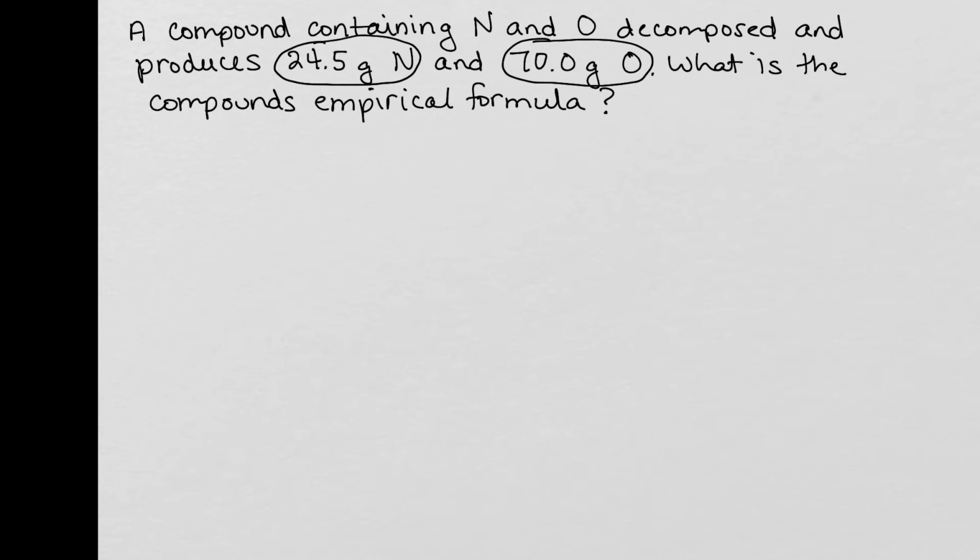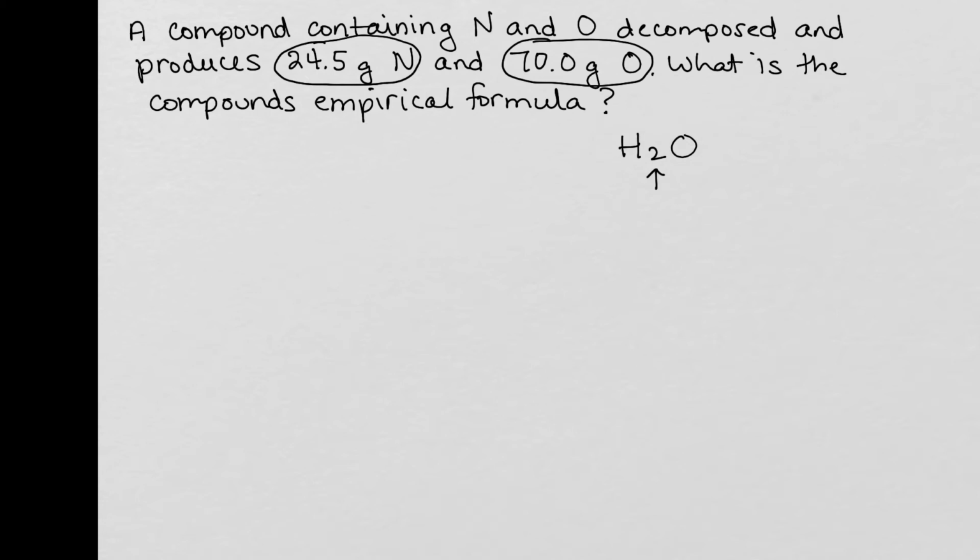Every time we have empirical formula or molecular formula, we need to convert grams into moles. So whenever I compare the chemical formula of a compound like H2O, those subscripts always represent the mole ratio. So that means there's 2 moles of hydrogen to 1 mole of oxygen. And so I need to make sure I figure out the number of moles and then look at what those